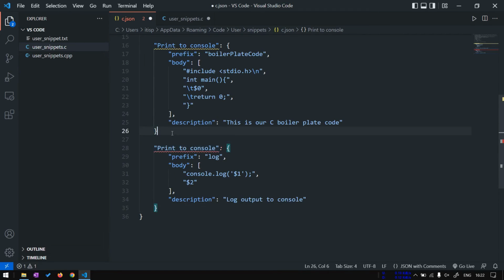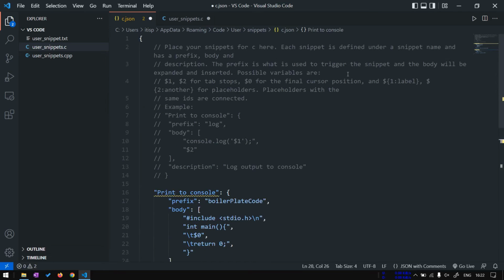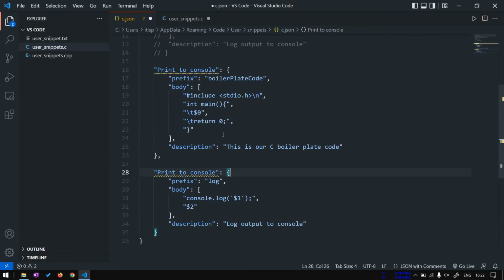Okay, I have to put a comma here to make it valid JSON. Now it is saying duplicate object. It is the name of our snippet, which is print to console. We cannot have the same name for different snippets. So I will just replace this print by